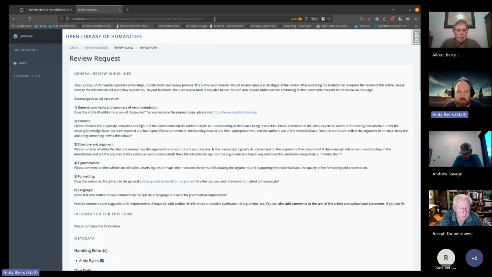And lastly, we make a recommendation. So Janeway has 4 recommendations from reviewers: accept without revisions, minor revisions required, major revisions required, or reject. So the reviewer will select one of those, and then they can